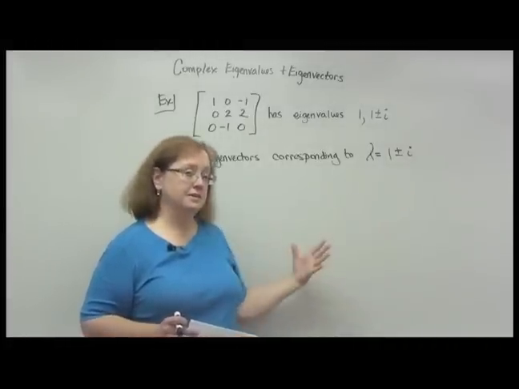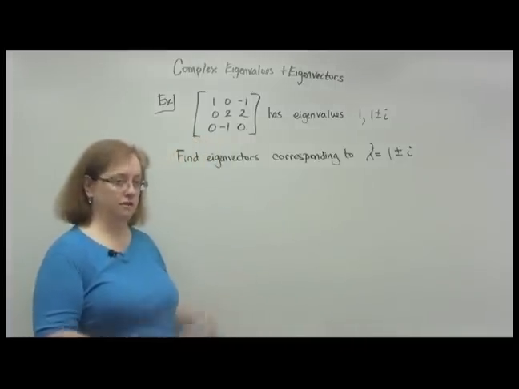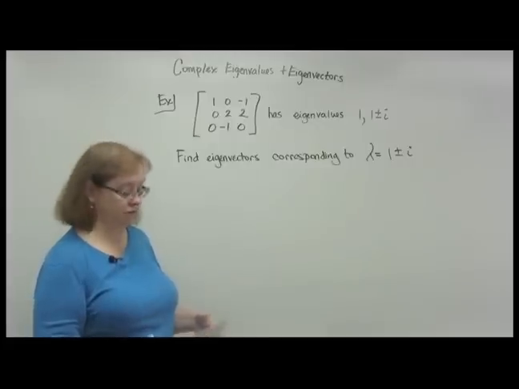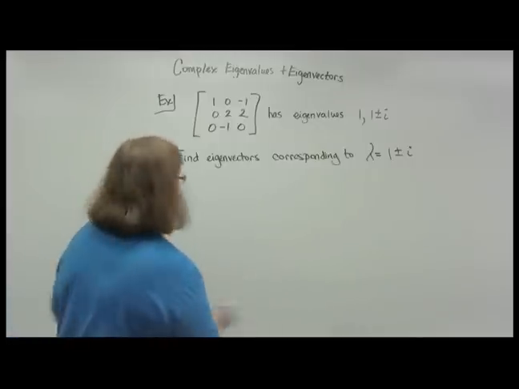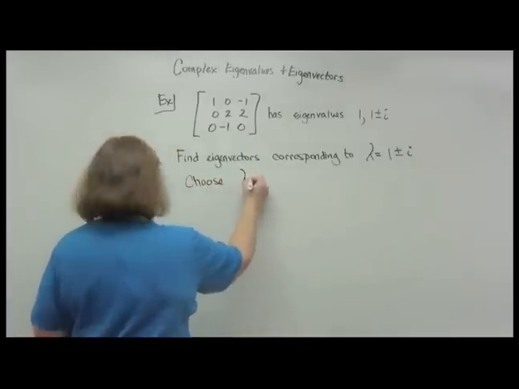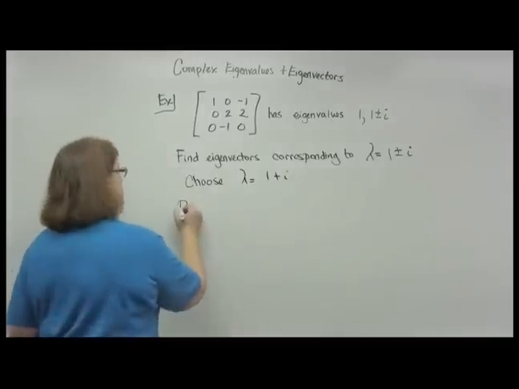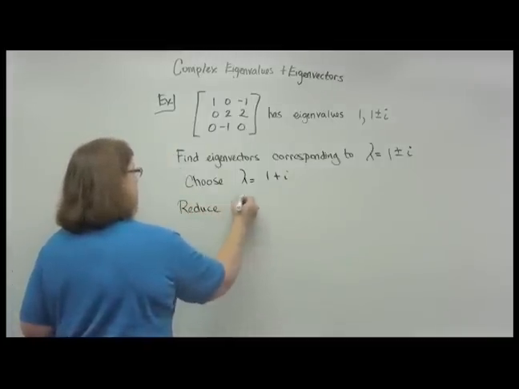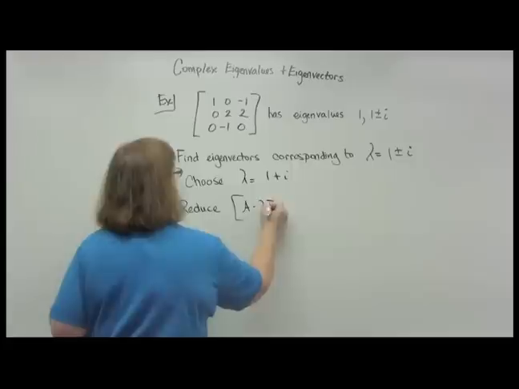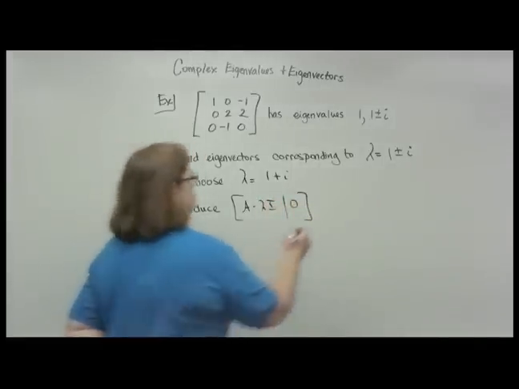Now, just like in the last example, I'm not going to go through and find both. I'm just going to find one and then use the fact that I have complex conjugates. So let's work it out for one or the other. I'm going to choose lambda equals 1 plus i. And I'm going to reduce A minus lambda I on the left, zeros on the right. Okay, so that's going to give me